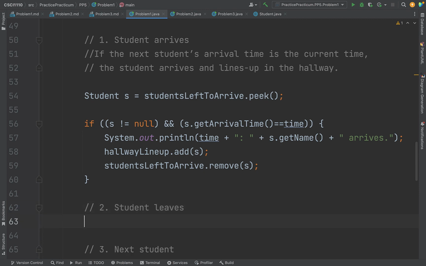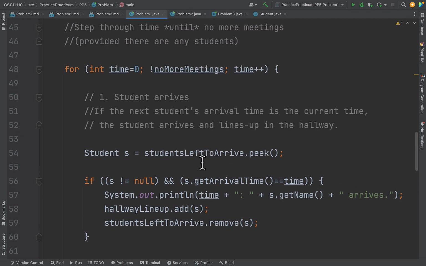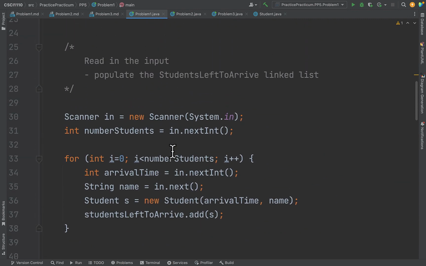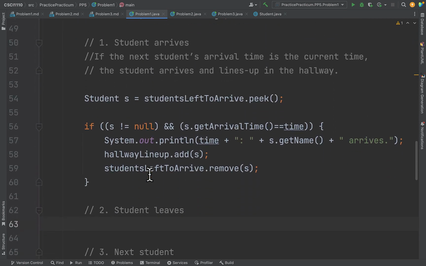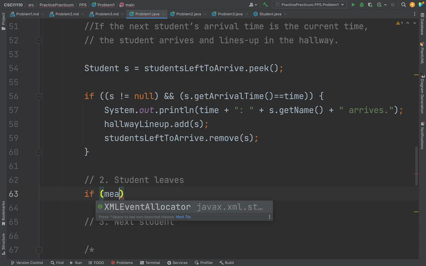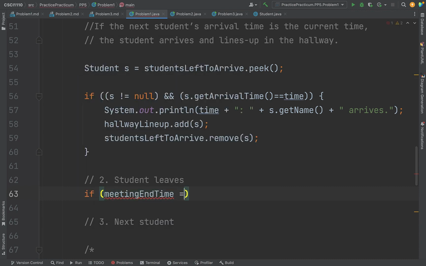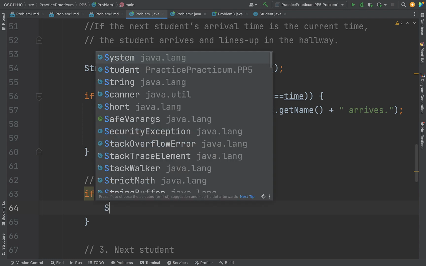And now we have to check if a student is leaving. And the way that we decide that is based on that meeting time. So we have a meeting end time. Sorry, I keep forgetting that I have it called end time. So if the end time is now, if meeting end time is equal to time, then a student is leaving. And because of the way we're going to set things up, we should be able to pull up, we're going to output,